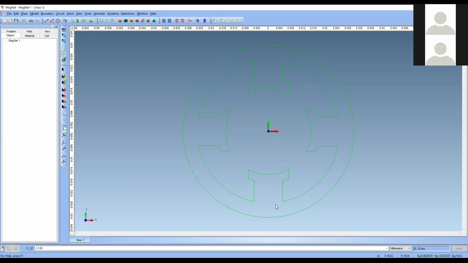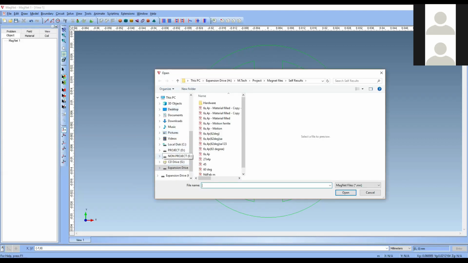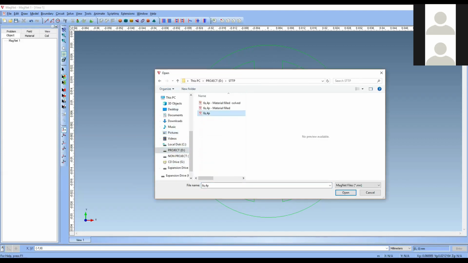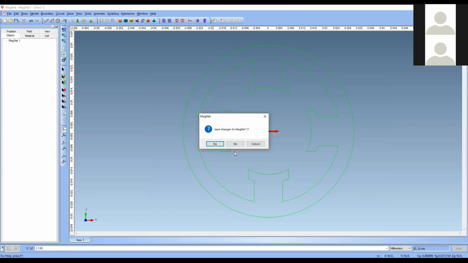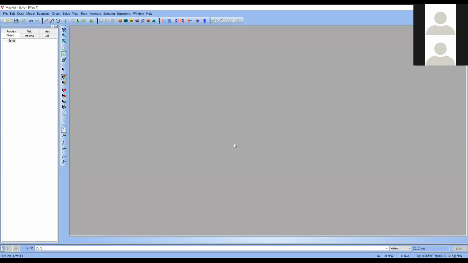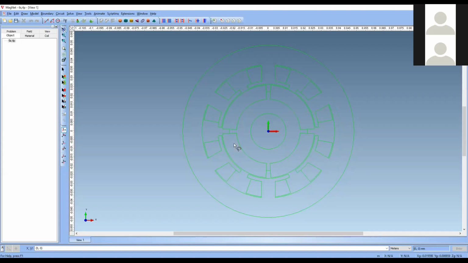Okay, now I am going to show the completely built geometry of our machine. So this is our completely built geometry.